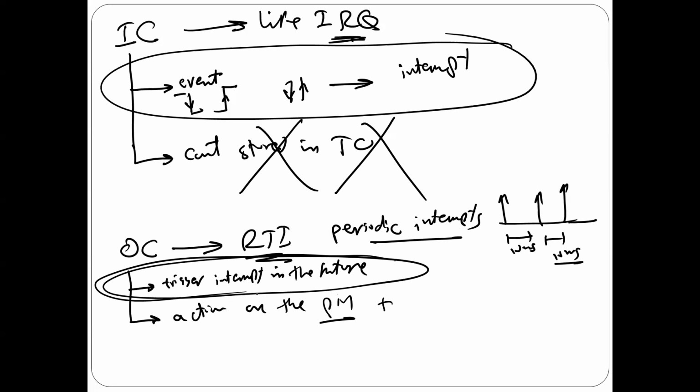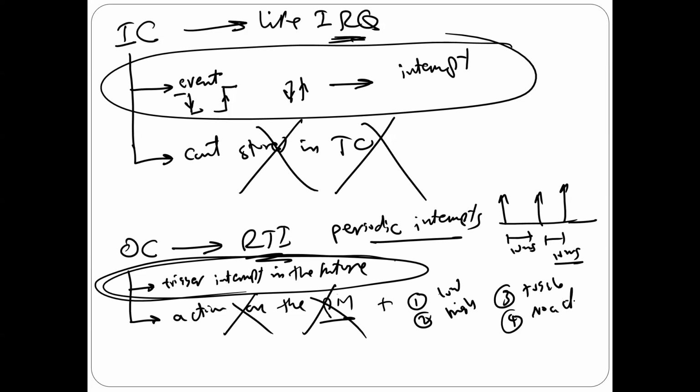I'm going to ignore the pin action, or rather use one of the actions I'm going to teach right now, called no action. We actually have four actions, as you will see. Number one, you want the pin to be low. Number two, you want the pin to be high. Number three, you want to toggle the pin. Number four, no action. So I can use no action on the pin. Let me clarify here, guys.